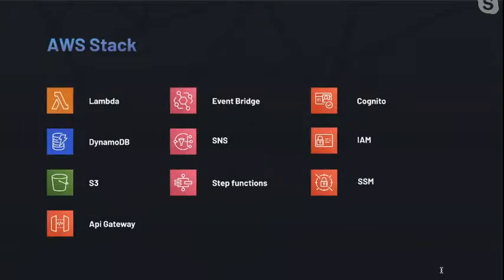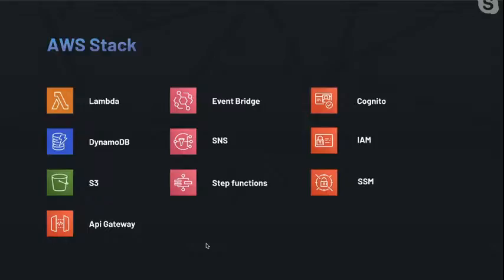So talking more in depth about this AWS stack, we really went after a couple of services. We went after Lambda, EventBridge, Cognito, etc. And what you're seeing in Lambda, EventBridge, and Step Functions is a very interesting mix that lets us do so many things. EventBridge is pretty recent, right? I think November was when it was adopted at that time. But so far this has been a great journey with the stack.